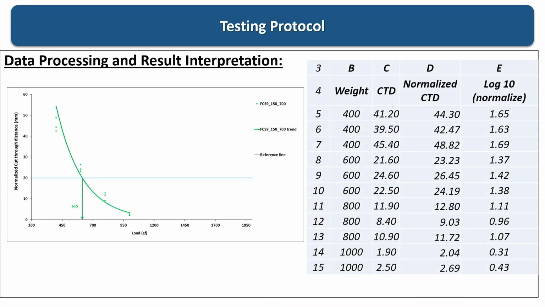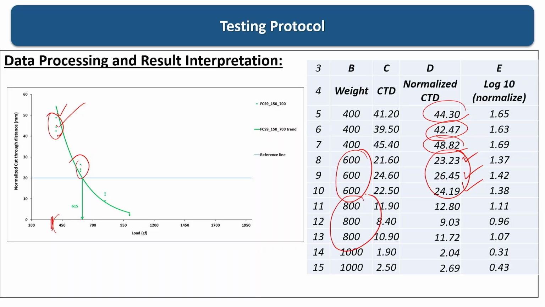So, if we see the plot here, at 400 load we have the normalized values 44.3, 42.47 and 48.82. Similarly, for load 60 we get these three values. For 600 load, we have these three values: 23.23, 26.45 and 24.19. Similarly, for 800 gram force, these are the three values we are getting: